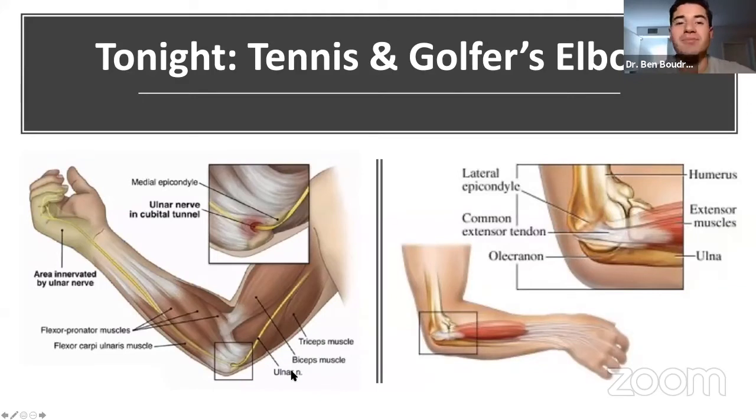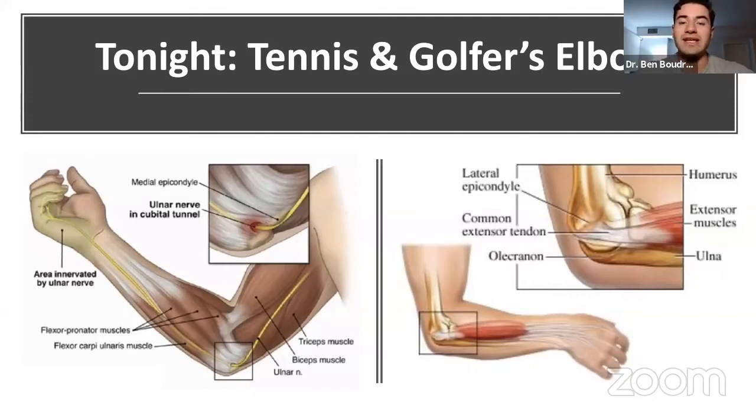The proper medical term is lateral epicondylitis or lateral epicondylgia, whatever you'd like to call it. It's a very painful condition that originates from the outside part of your elbow. This is when the common extensor tendon, this large tendon that attaches right onto that bony surface on the outside of your elbow, becomes inflamed, usually due to repetitive